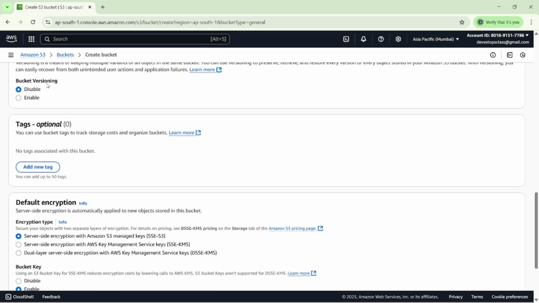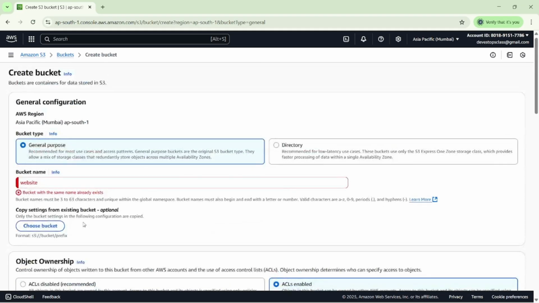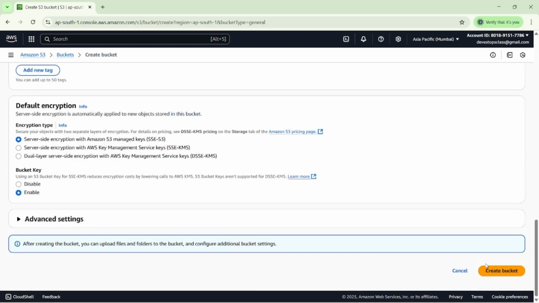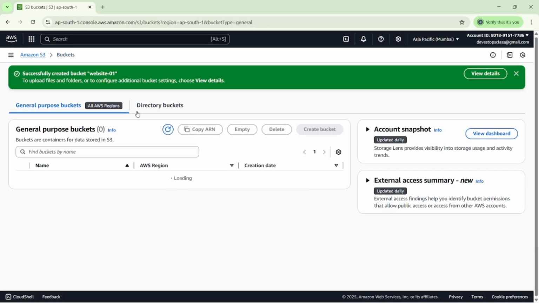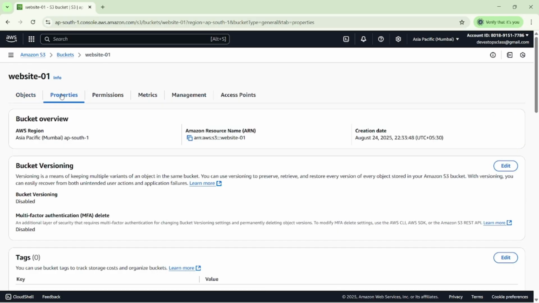Then about enabling versioning here, it is disabled by default. I will show you, and bucket keys are also there. After that, once we create the bucket here, I think it already exists. Okay, I have used it many times, so that's why. Once we created our web bucket here, you can see website 01. Then you can see here,